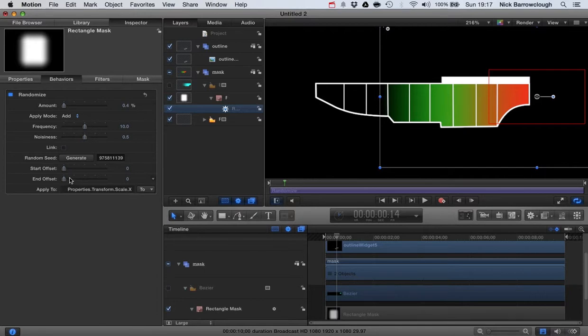We can set start and end offsets. You can see here the parameter which we're going to apply this to, so that's our transform scale X, which is correct. That's what we want to move. And we can either choose to add, subtract, multiply, or add and subtract from this value. So if, for example,